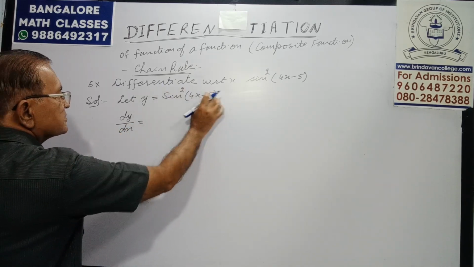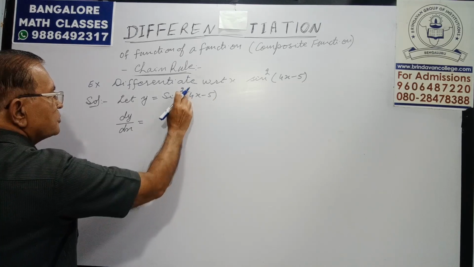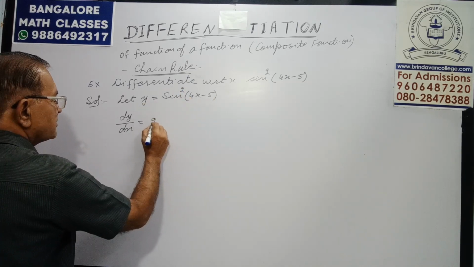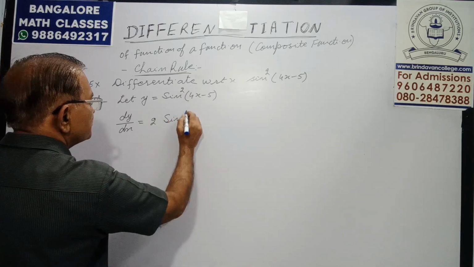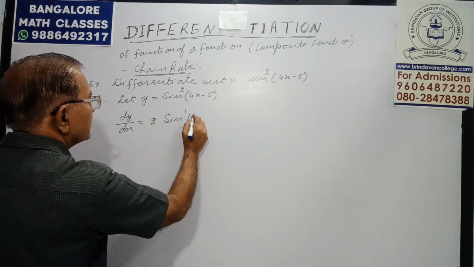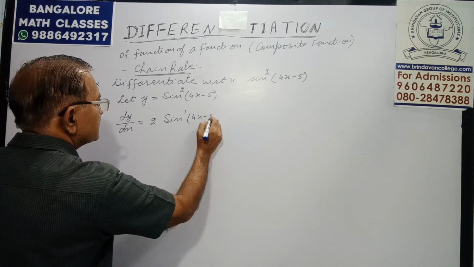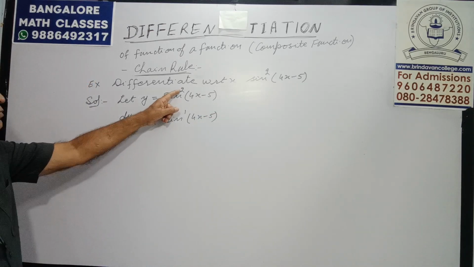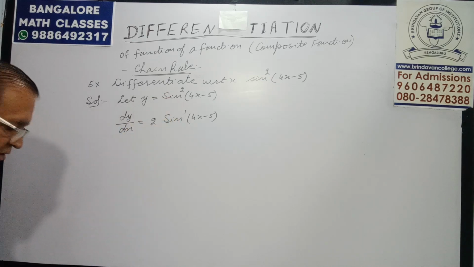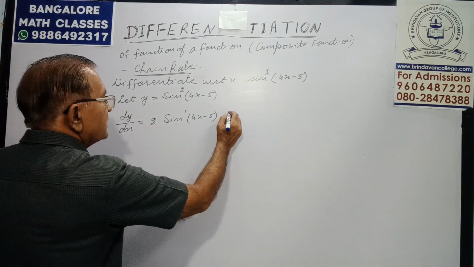Take it as x, it's like x power 2. Take out the power, subtract 1 from the power, that is 2 minus 1, 1, sine 4x minus 5. Take out the power, subtract 1 from the power, d dx without power,